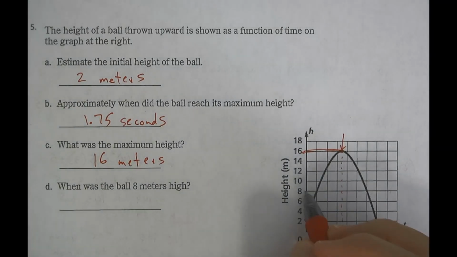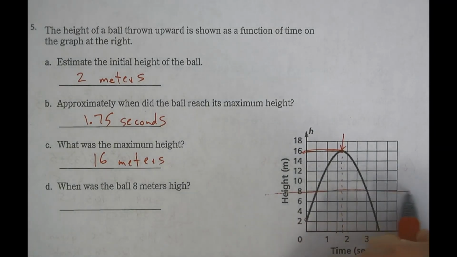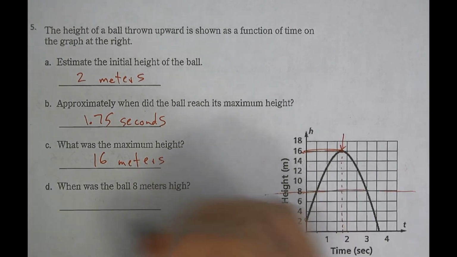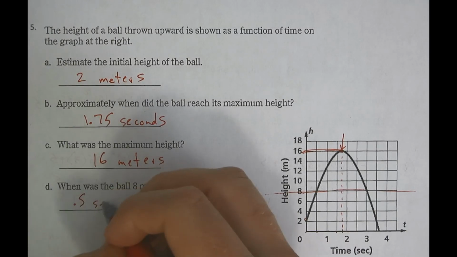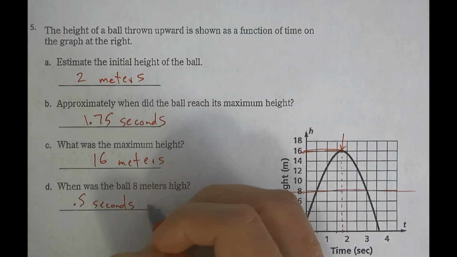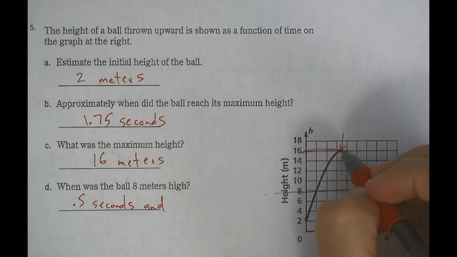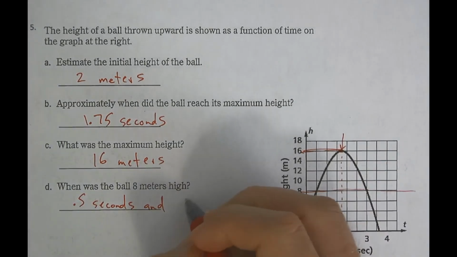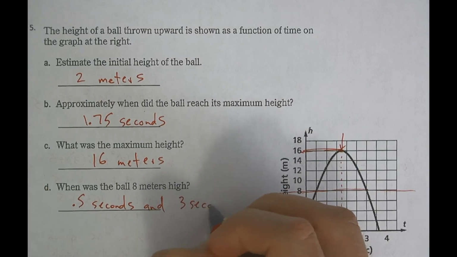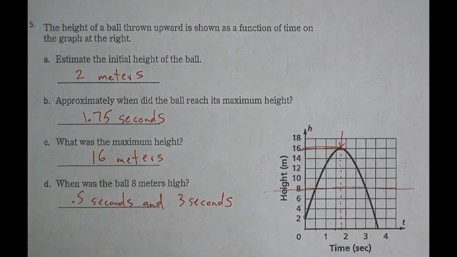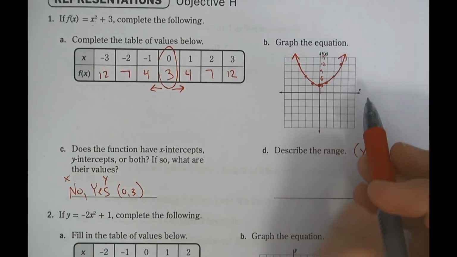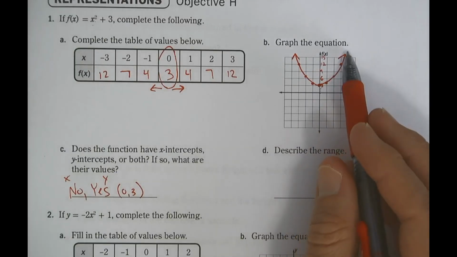When was the ball 8 meters high? So here's 8 meters. So it's actually going to hit that twice. It's going to be 8 meters high on the way up at about half a second, right, between 0 and 1. Half a second, 0.5 seconds. And eventually it tops out, comes back down. It will be at 8 meters high again after 3 seconds. this function, and everything above it is as well. So every number that's greater than 3 but also including